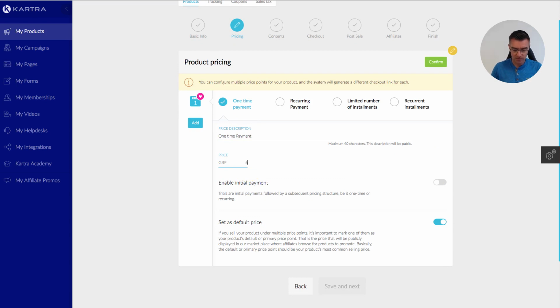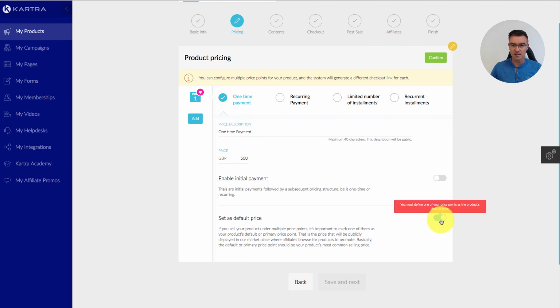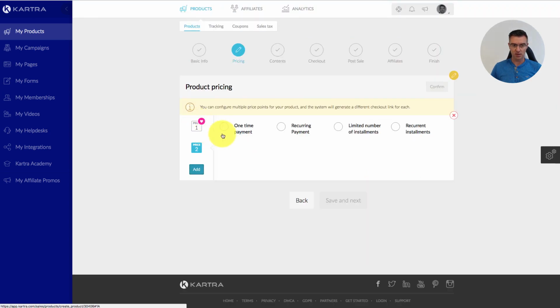And then choose the price. Let's put in there £500. And then set that as the default price. And then we can just click this button, I believe, which is add. Let's have a look. There we go. So that has done